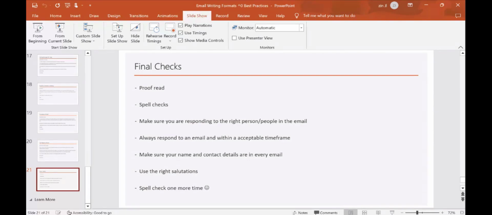Use the right salutations, Mr., Miss, kind regards, best regards. Always be formal, always be polite in what you use. Do not use casual or informal terms. See you later, catch you later, catch you on the flip side. Instead: Look forward to meeting you. Look forward to seeing you soon. Look forward to hearing from you, right? Best regards. Those are the things that you need to use.